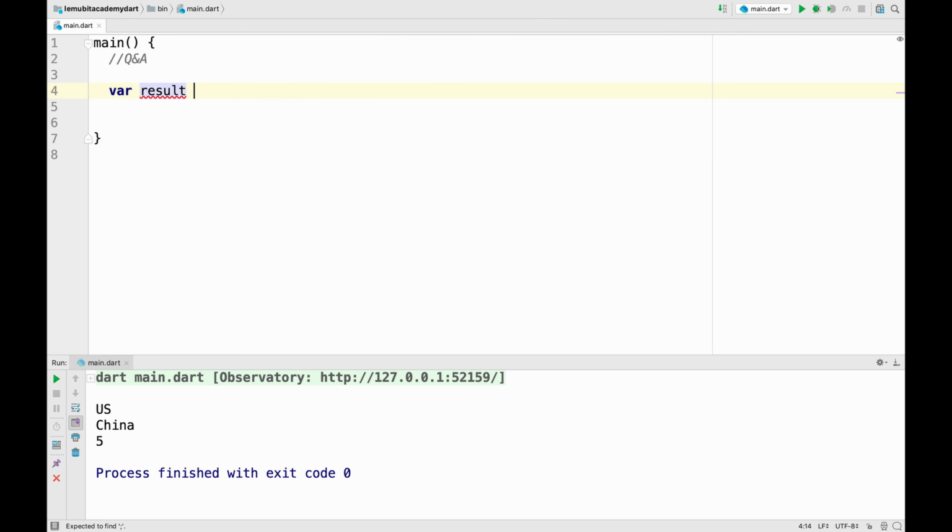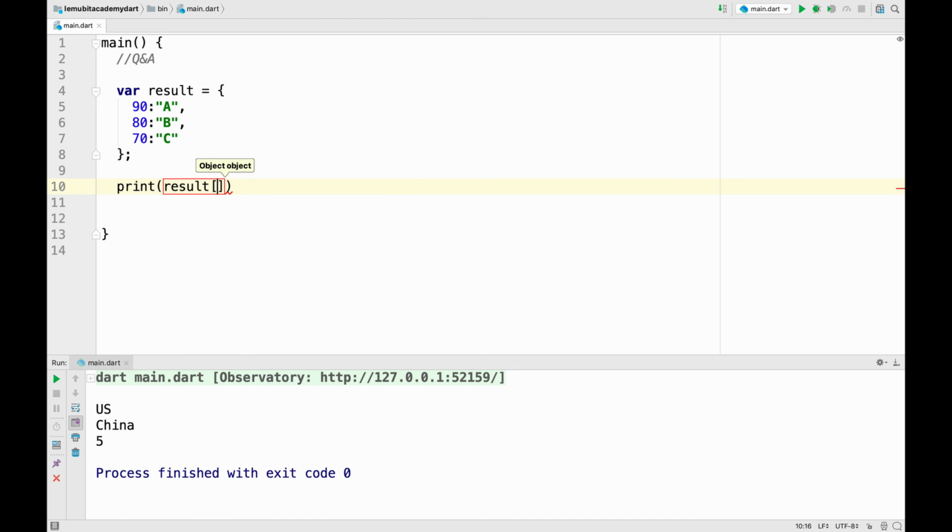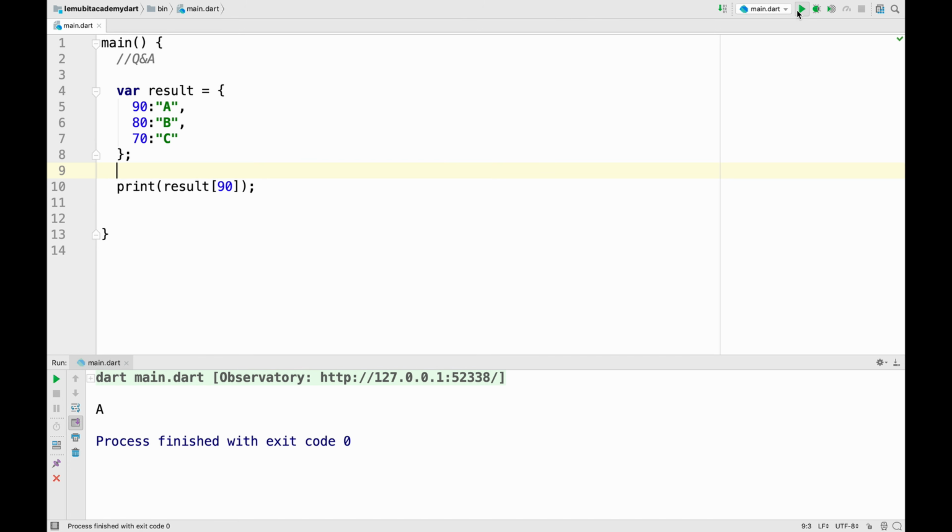So the next question now is going to be based on maps. So let's say you have this. What is going to be the answer when I do this? Once I press print, or when I run this program, what is going to be the output? The output will be